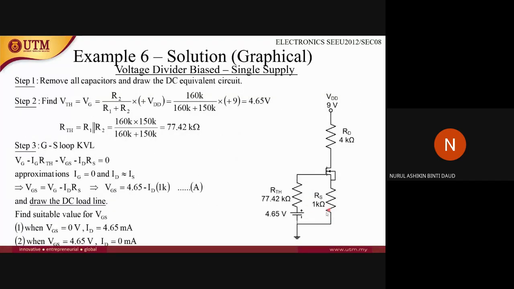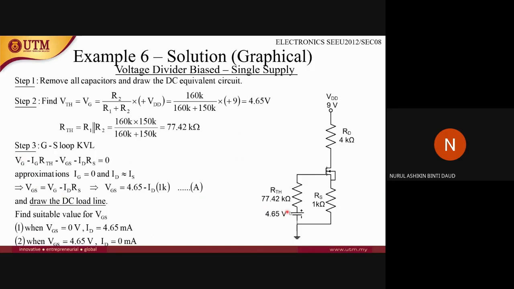Okay, so JS is here at this. So JS here will be VG. So there's VG here. Then IG, RTH, R Thevenin here, and then VGS. VGS is VGS at this point. IDRS at this point. Okay, so the approximation is IT is equals to 0. Okay, IT is equals to 0, and then